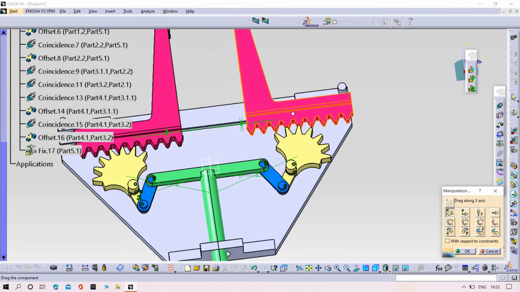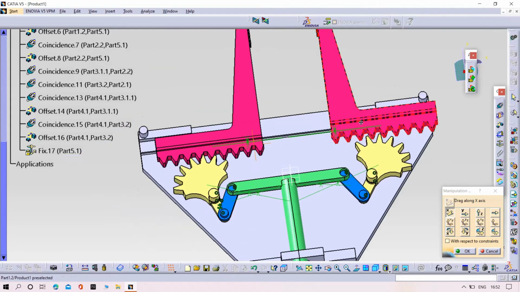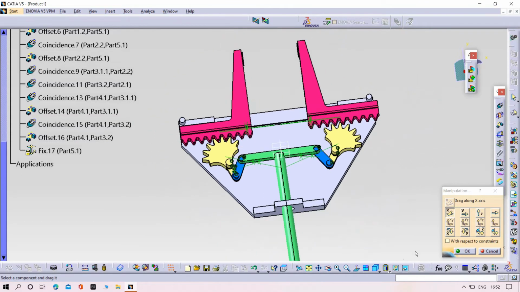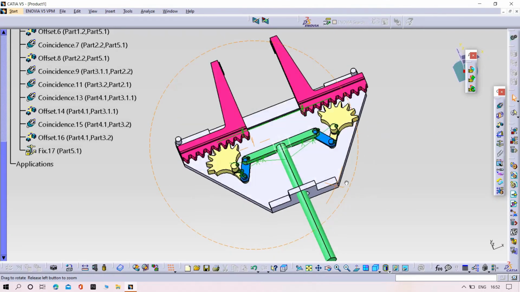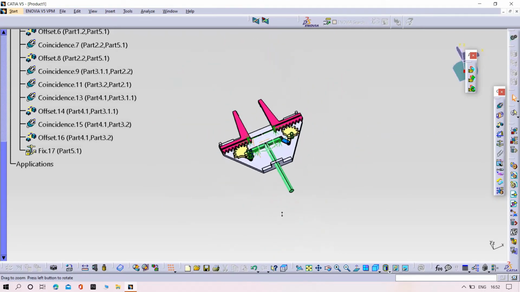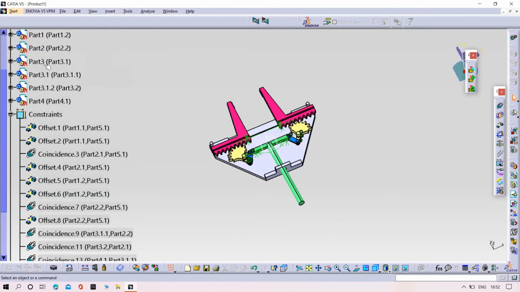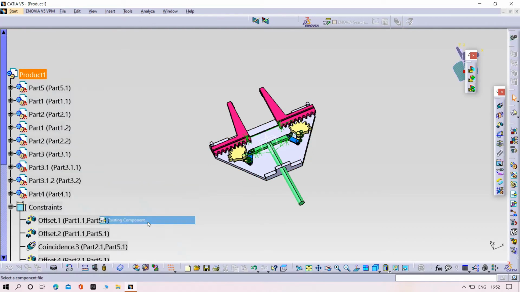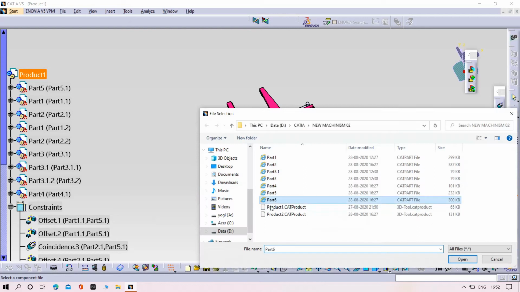And then try to adjust the parts. Okay, now we need to insert part number 6. Go to the components, existing components, and then try to open part number 6.